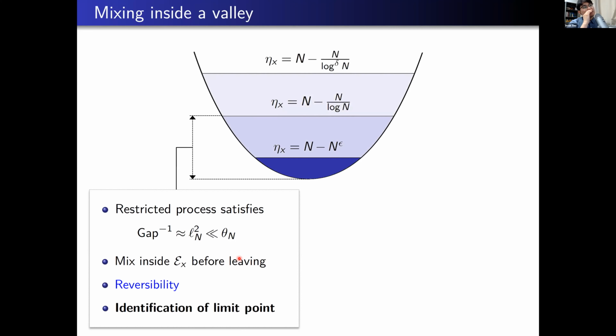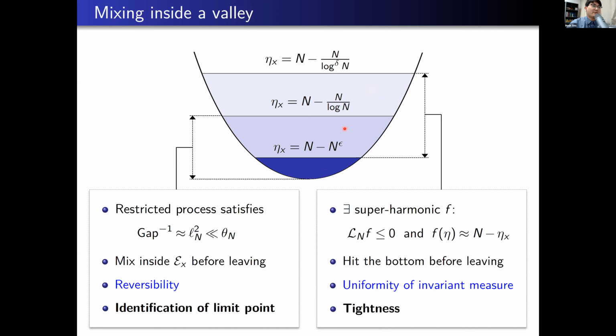And in order to explain the second one, I define a slightly larger set than the metastable set and a deeper part of this metastable set. And what I want to prove is the following. If you start from here in the set EX, then you want to prove that you hit this bottom before escaping from this larger set. So you always hit the bottom and go back, and you always hit the bottom and go back. So that with the dominating property, you take enough time to make a transition. That is what is required in order to show that your order process is tight.